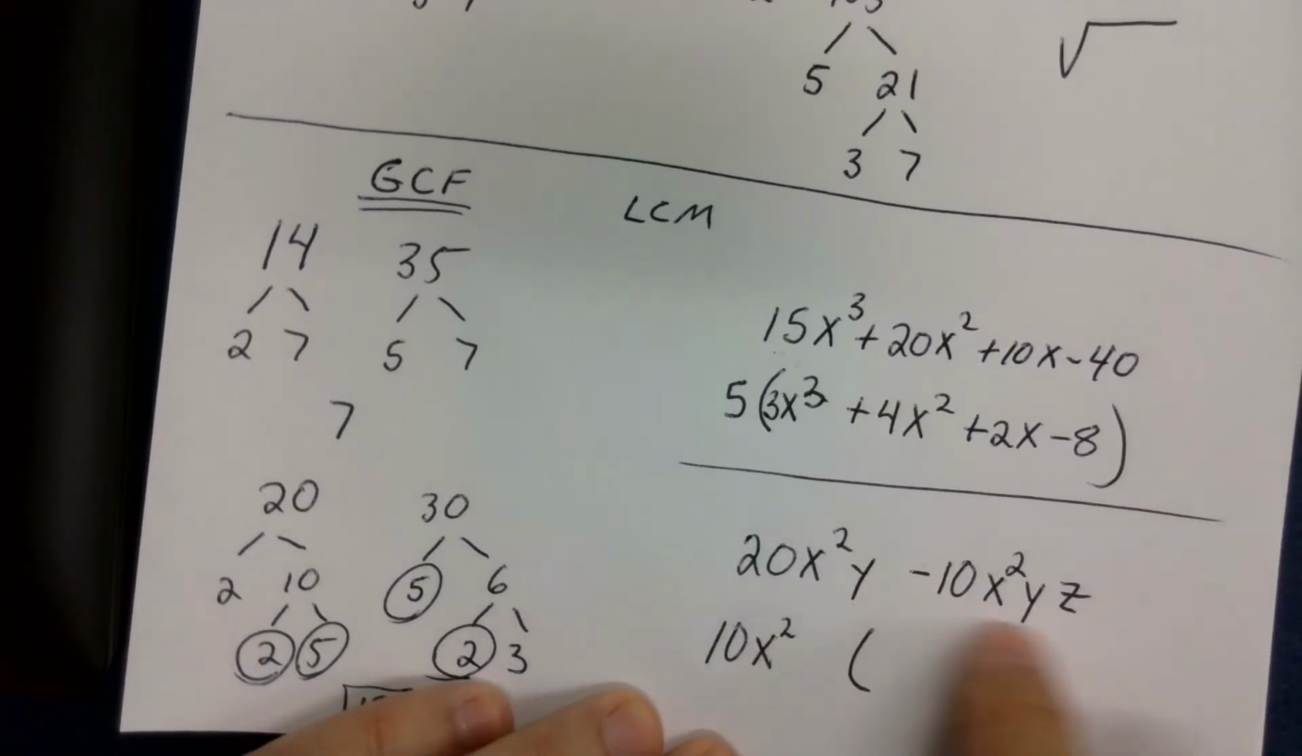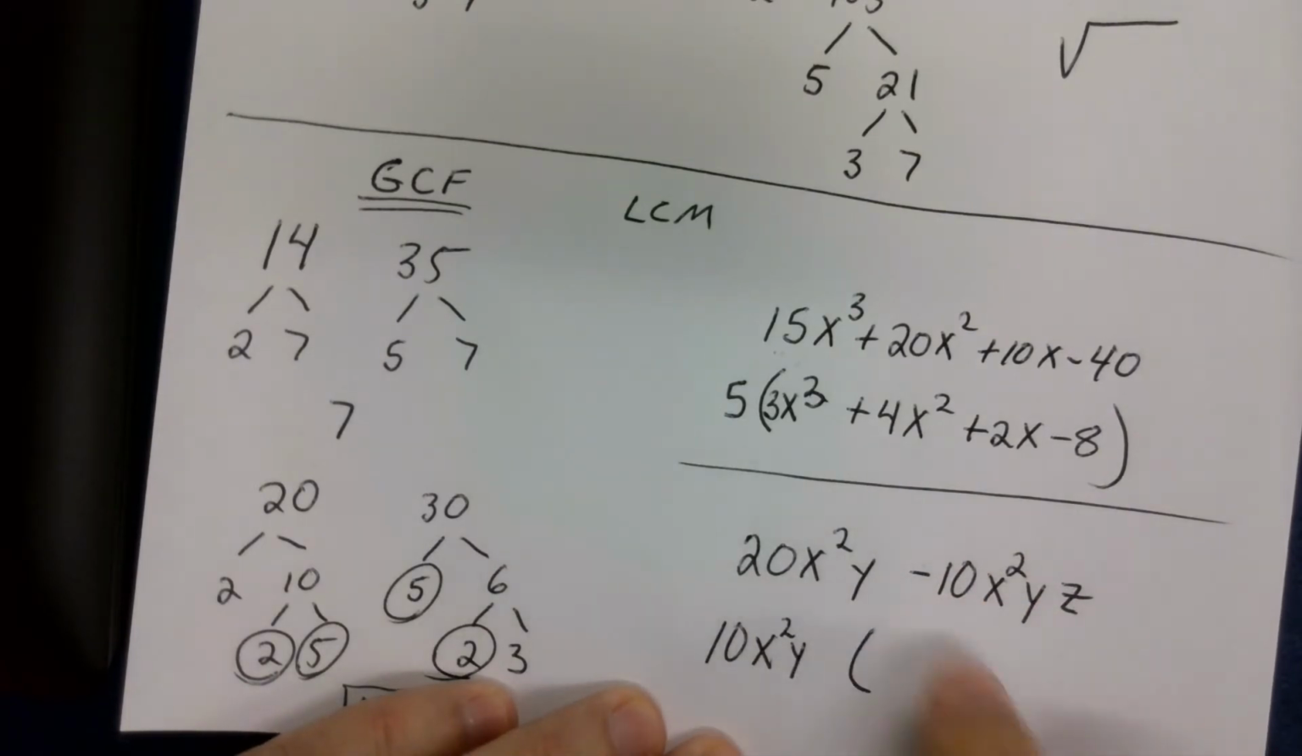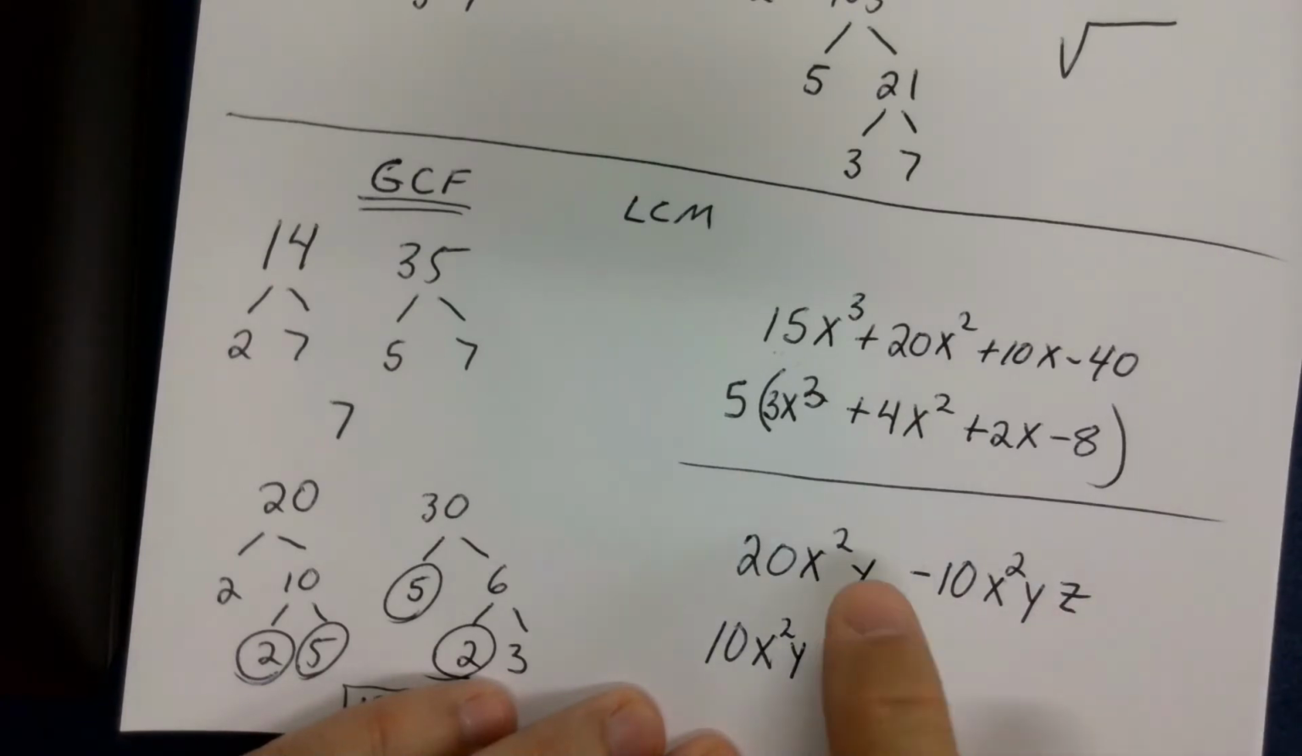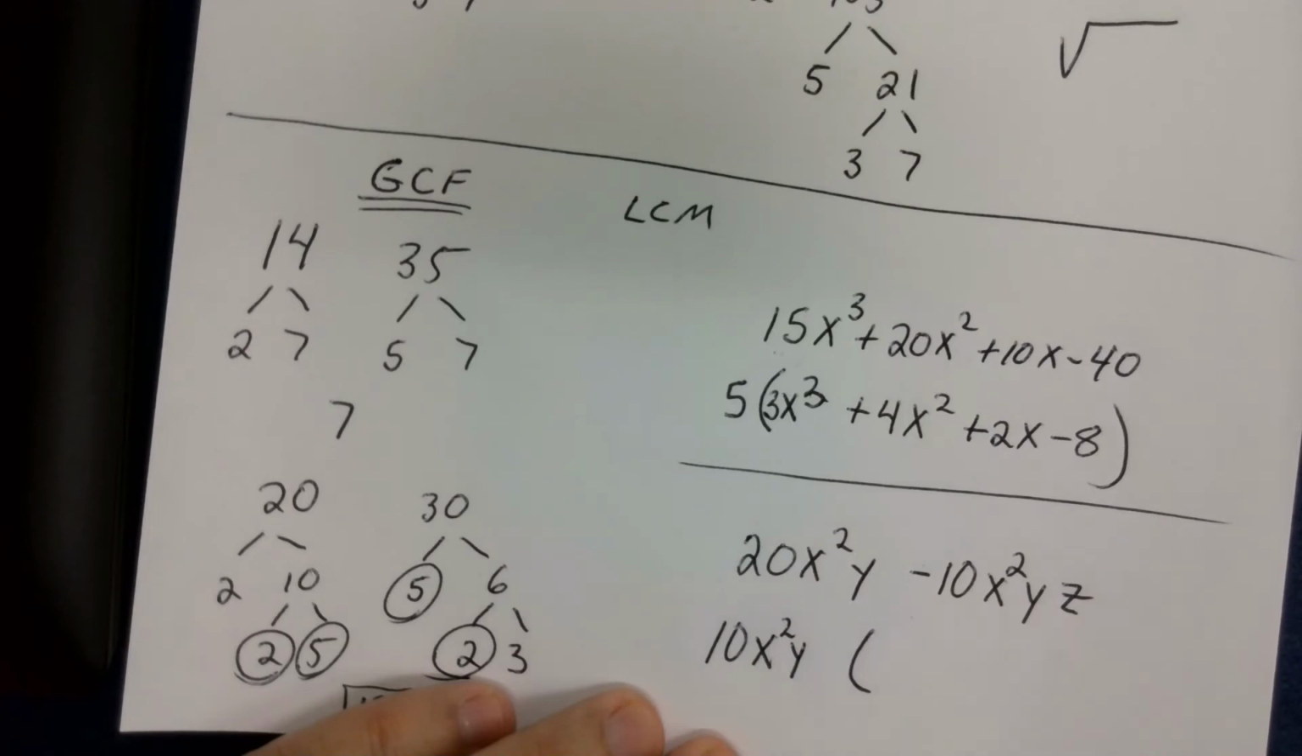Is there a y in both of these terms? Yep, I can pull it out. Is there a z in both of these terms? And the answer in that case is no. So I can't pull a z out of here because there's not a z in this one to be able to pull it out of. Okay, so this right here, this thing that I'm able to pull out, is called the greatest common factor of